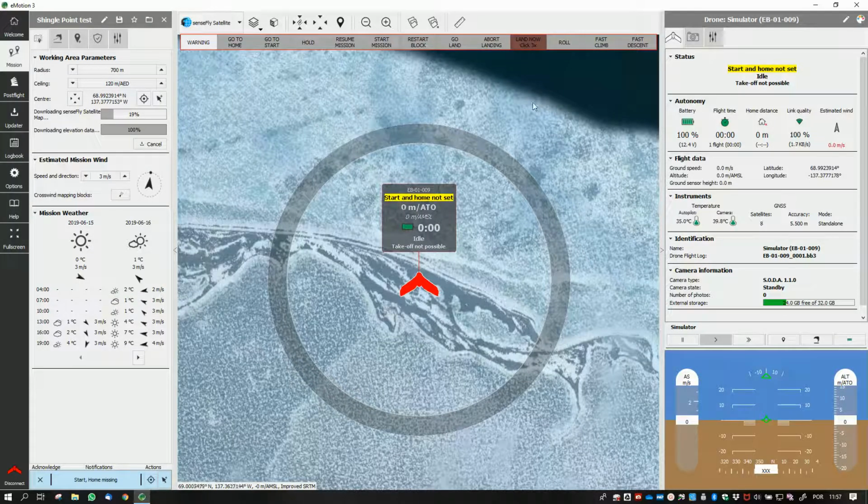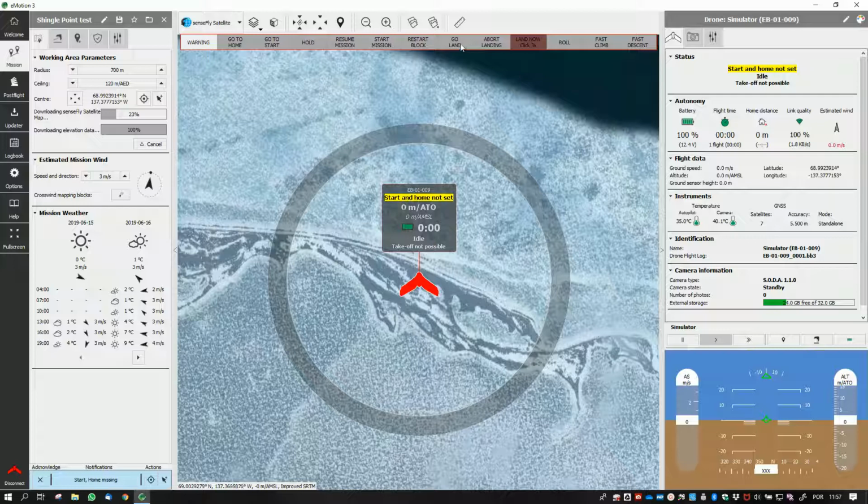There are very important ones. The most important ones for this area will be fast climb, because especially of bird attacks. So you want to be sure that you have fast climb in your screen and fast descent. This can be useful for avoiding bird attacks if they are on site and you see the bird going very close to you. Just do fast climb, and if the bird continues attacking,